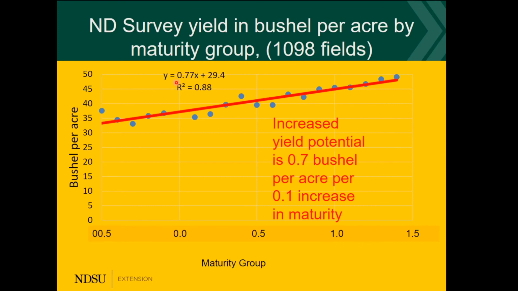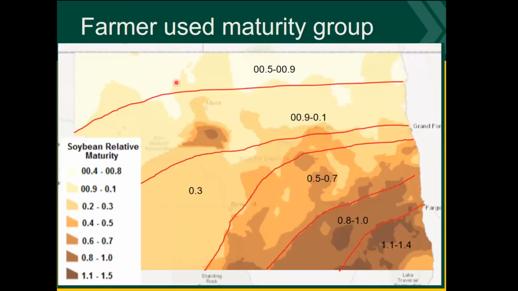Now, I'm always saying that this is within where you are, within range. If you are jumping too many maturity groups ahead, then of course we'll get into trouble at the end of the season. So within reason, we should try to maximize our selection of maturity. So this is a map of what farmers actually reported during that study, where the maturity groups